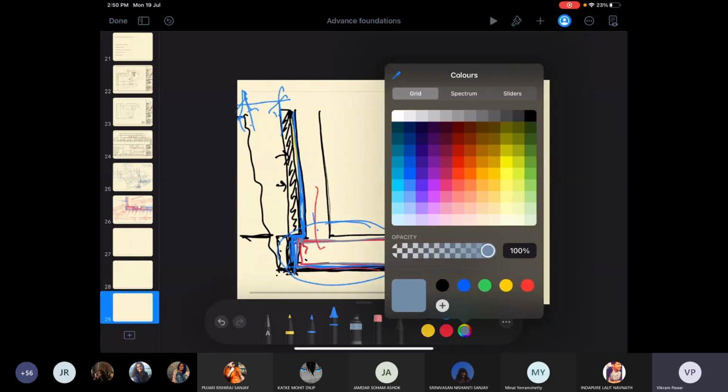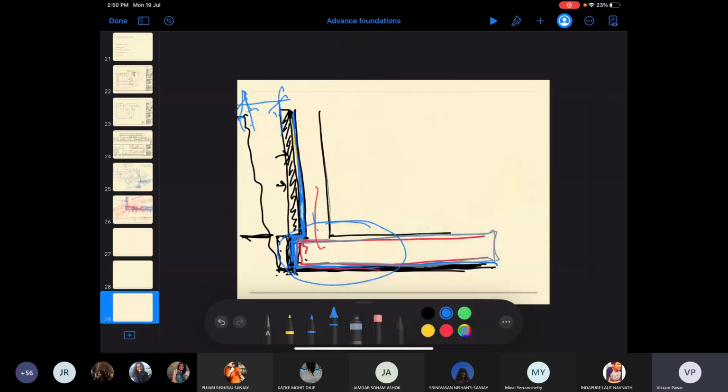Raft slab के लिए, what is the structure that was raft slab cover किया ना, solid raft last year? Reinforcement के बारे में कुछ बात हुआ? Yeah, like we did the basics of it. Okay, so what was the reinforcement like? I mean, what was the thickness of the slab that you considered, and approximately?